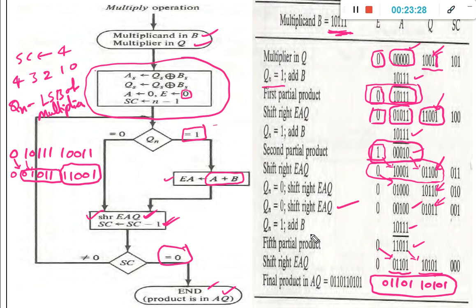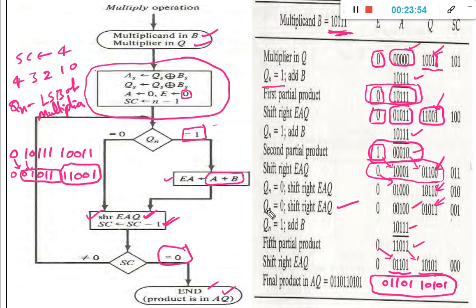Actually, we are altering the normal process, because if you go for the normal process, we need to store all the intermediate results in separate registers. If the multiplier has 10 digits, then we need 10 registers to store the intermediate results.